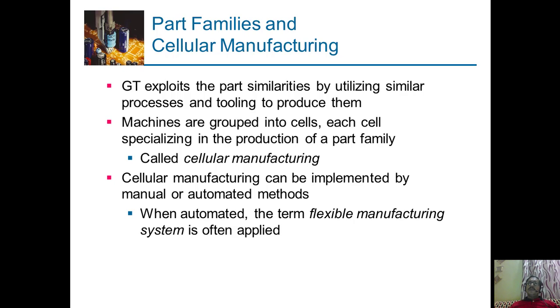All are cylindrical, but the material may be different and the size may be different, but they can be manufactured by the lathe section. Let's say the lathe section has different lathe machines, and out of 10 lathe machines only 3 or 4 are required. So if we separate these 3 or 4 lathe machines from the other lathe machines and make a cell,